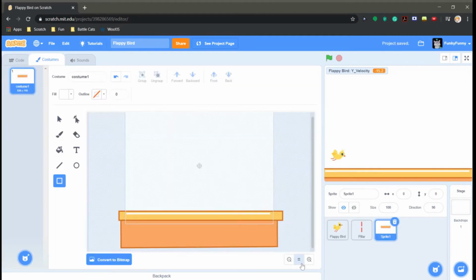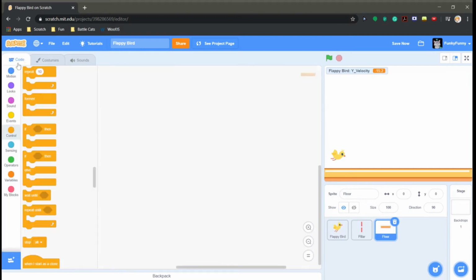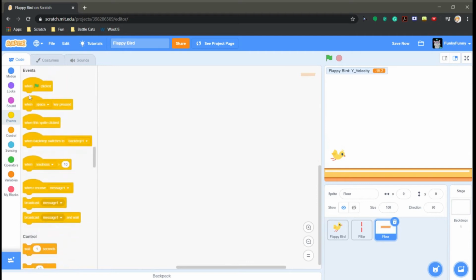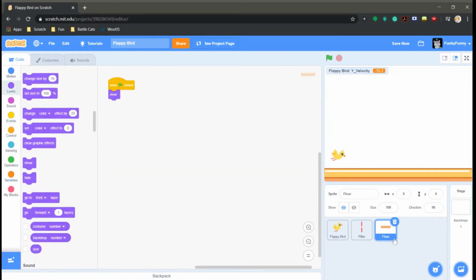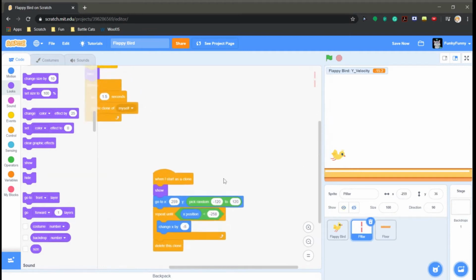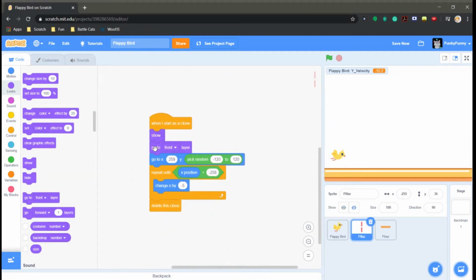Okay, so I created my thing. I only had a little bit of decorations, but I'm satisfied with this. Also gonna rename the costume name and the sprite to be called Floor. I'm gonna go to code. We're gonna put when flag clicked, show. Now get back to your pillars, and then we're going to put a go to back layer. There we go. Now, if we play it,